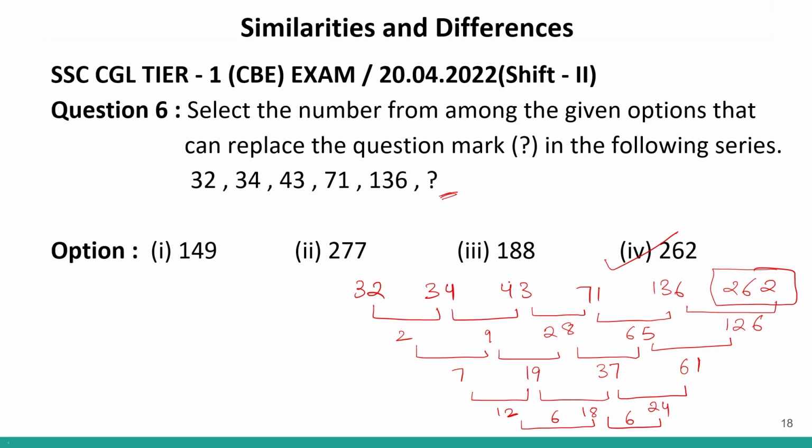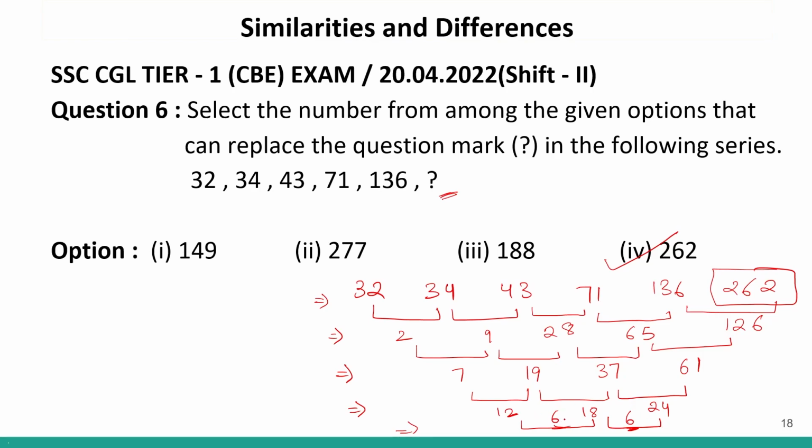Did you see how I solved it? We basically broke down each difference until we could find a common difference. The common difference of 6 we found in the fifth step. So in the fifth step, we can see we are moving ahead by 6 in each.